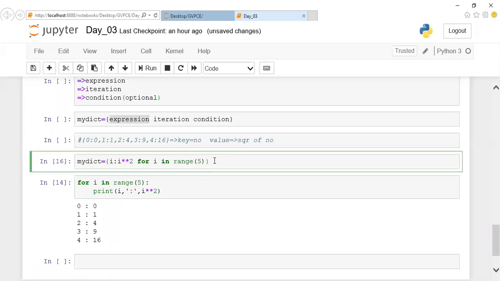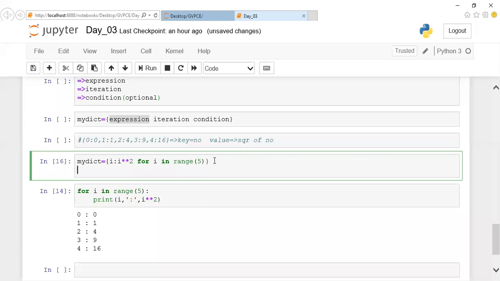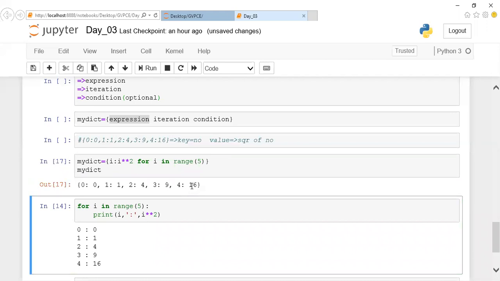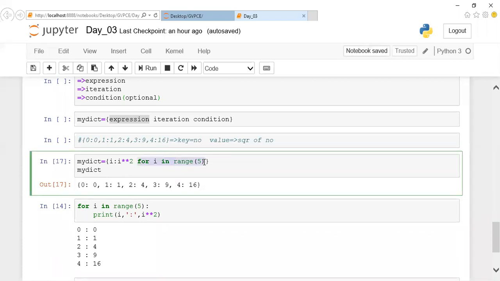So we didn't display it, right? We should call our my dictionary. Guys, is this clear? It is so simple. Iteration in the sense of what is the range of values you're taking here, followed by what is the operation I should do.